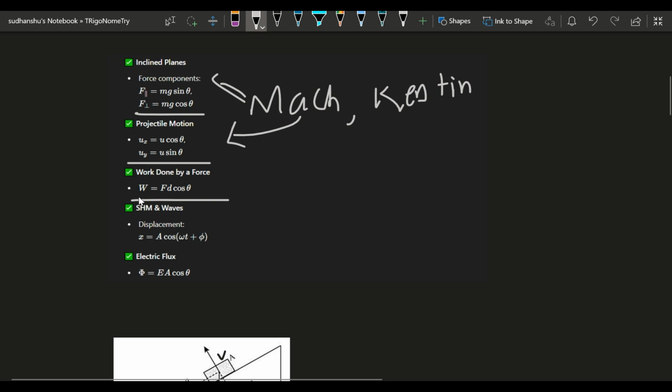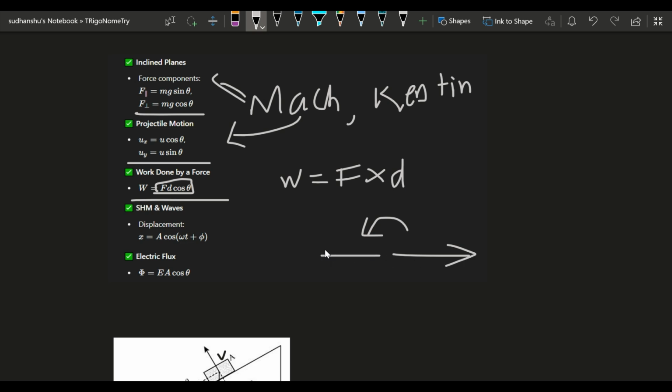All of you might have known of the force, right? It's like work into distance. Oh, sorry, force in work. Work is equal to force into distance, or I mean displacement rather. So you might have known this formula already. तो यहाँ पे cos आता है. So I have told you the value of cos. अगर force इस side है और आपकी displacement इस side है, so the value of theta between them is 180, right?